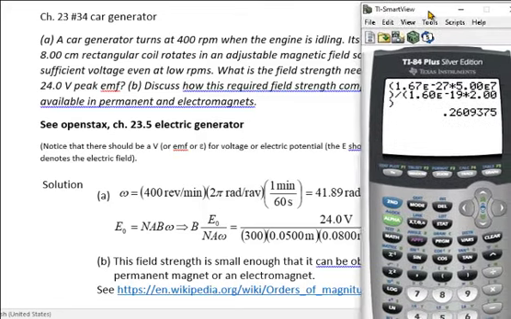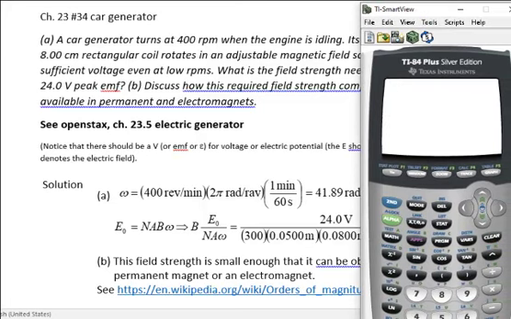And so here's the calculator. 400 divided by 60, so you have rounds per second instead of per minute, and then multiply by 2 pi because you need to get it into radians. And there, of course, is the 41.89 radians per second that they say here. And then you take the other equation. Again, in my opinion, this E should be an EMF, epsilon, or V for voltage. The capital E should be reserved for electric field. Oh well. Solve for